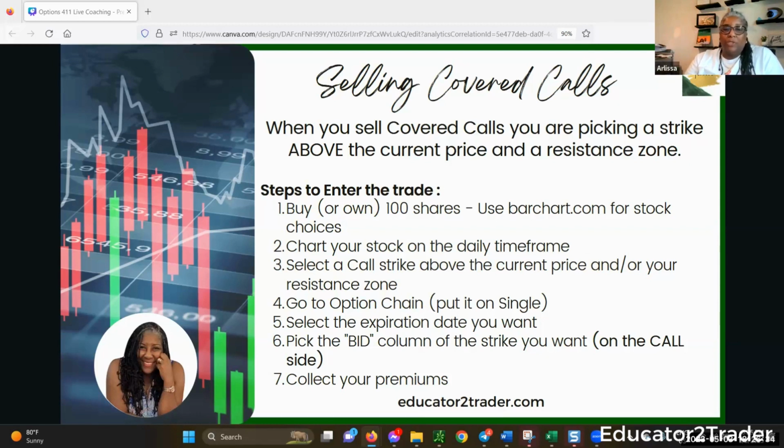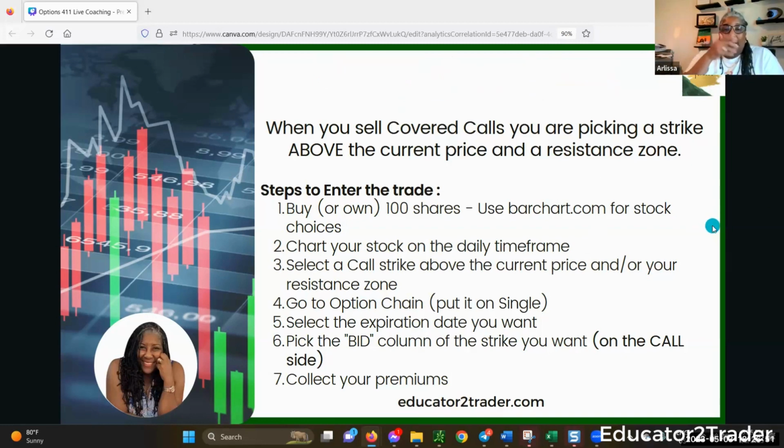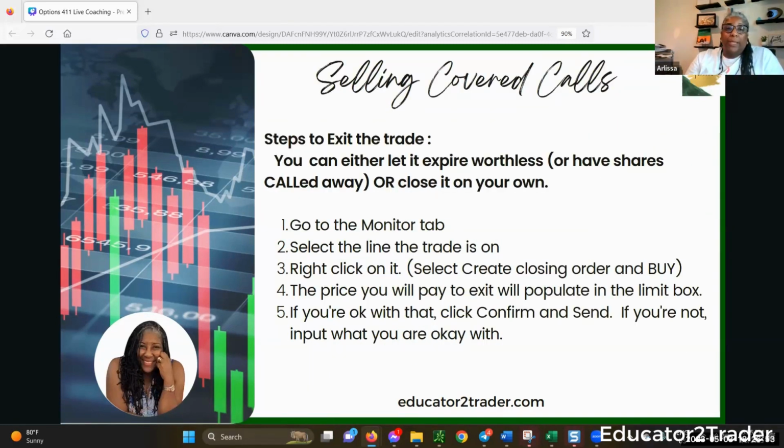All right, you go to the option chain, put it on single, select the expiration date you want. You want to pick the bid column of the strike you want on the call side because we're selling a covered call, and then you collect your premiums. We're going to go through lots of examples here, so you're going to be able to see how this goes. And at some point you exit this trade. You can let them expire worthless if you want,